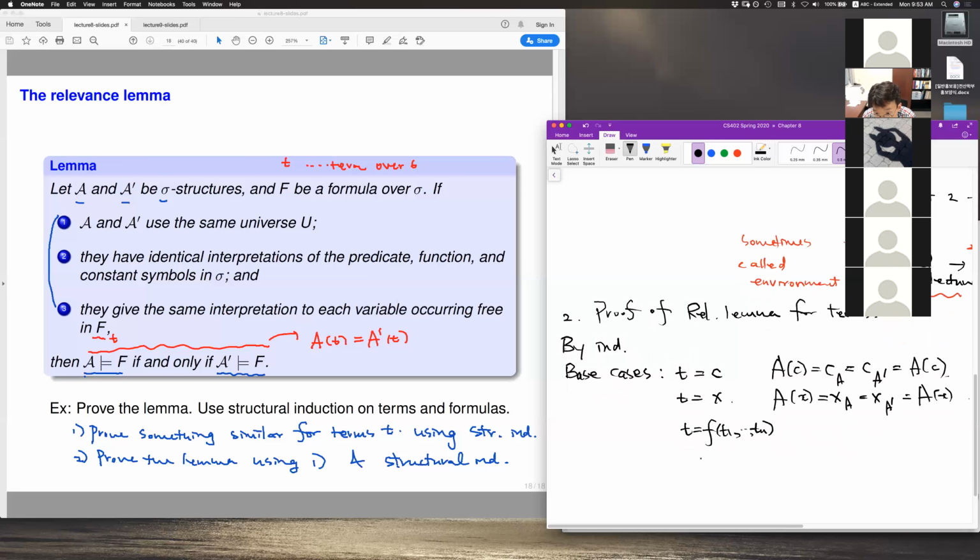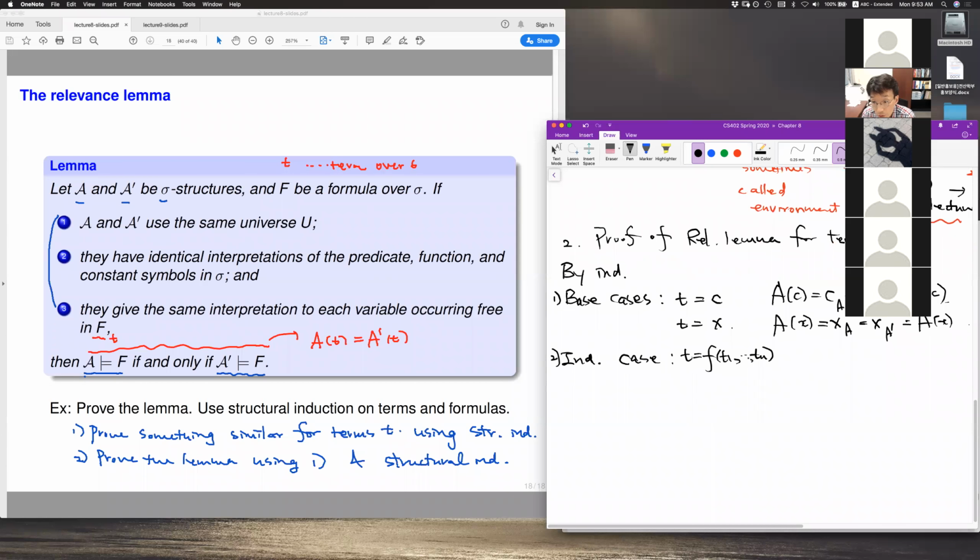So here, this is the inductive case. And by induction hypothesis,